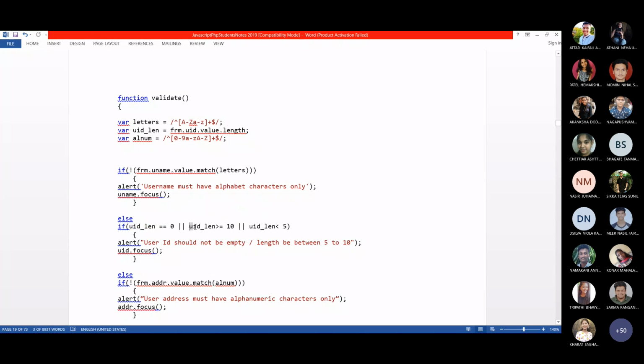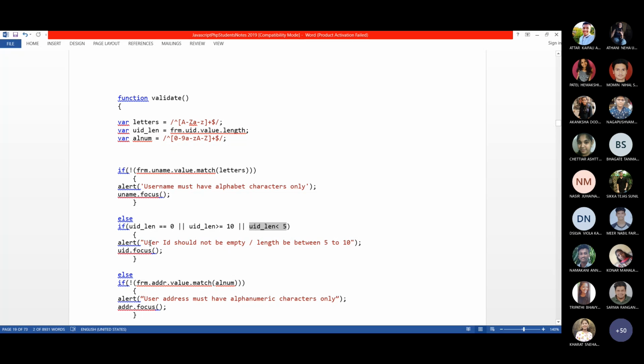And the length of the user entry should not exceed 10 characters, and the length of the entry should not be less than 5 also. So the user ID should not be empty, and the length should be between 5 to 10.